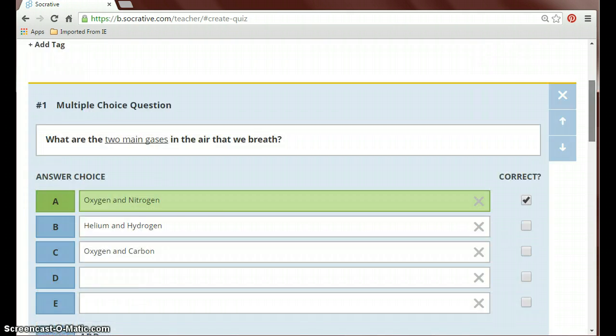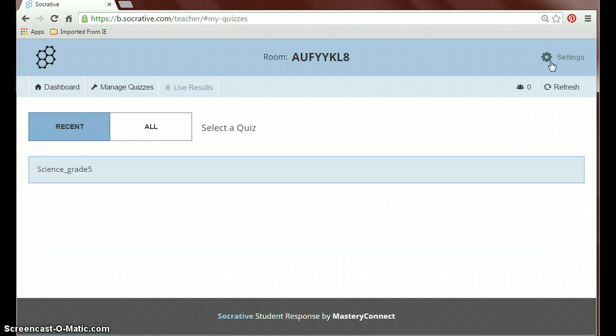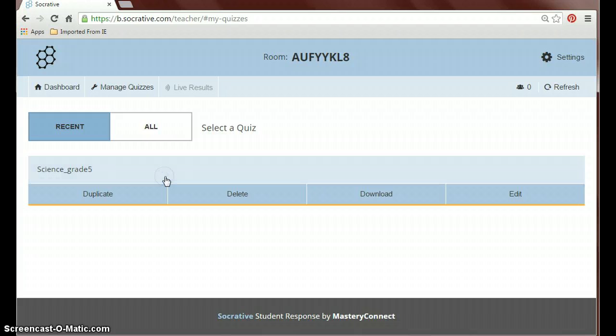scroll all the way up to the top, click Save and Exit. It'll redirect you to your quiz page, and you can see right here Science Grade 5. If you click it, it'll give you the options to duplicate, delete, download, or edit your quiz. If you want to download it,